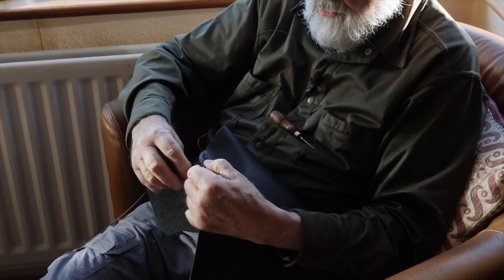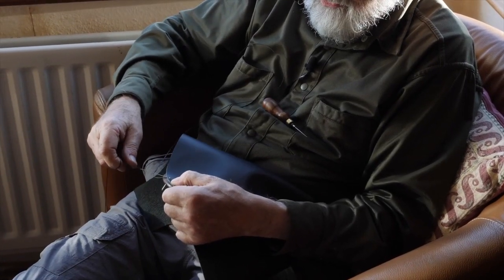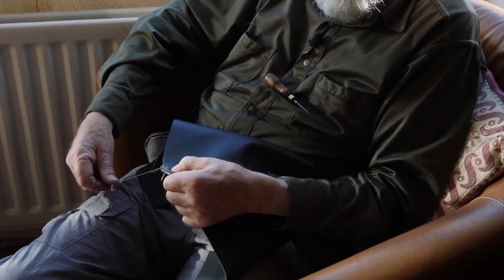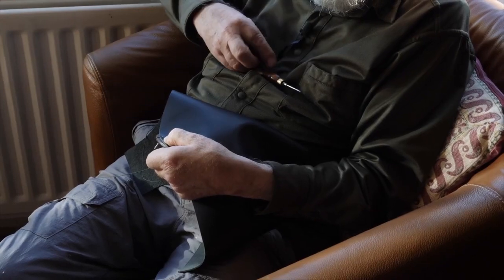Keep the leather together, and you're just pushing your awl through. Push to make the hole now. Pull that tight. That's the reason if I've got that pin in, I can pull it tight. Because what I want to do now is push this one through in this other direction